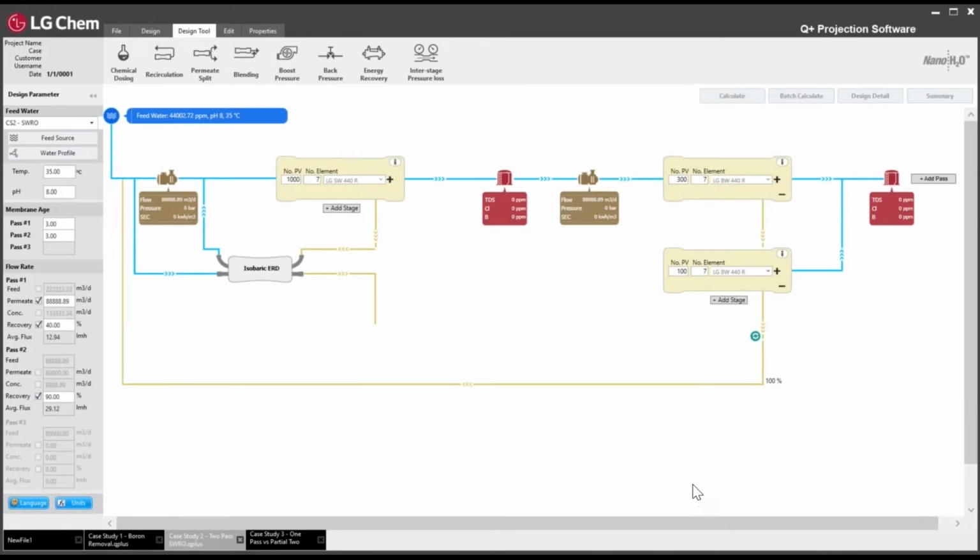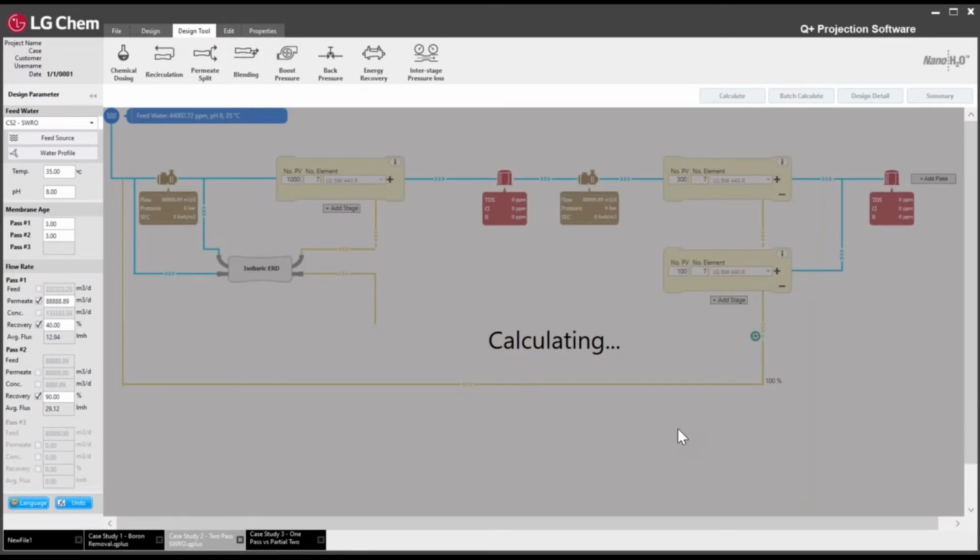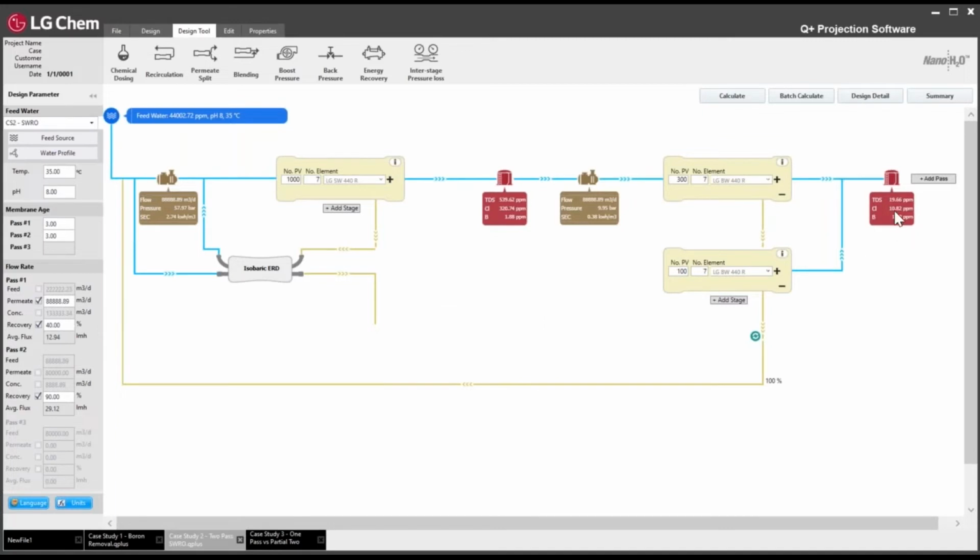So once we hit calculate, because this is a 2-pass RO system, the calculation does take a little bit longer than a single pass seawater system. So once the design is finished calculating, you can see now your permeate TDS is approximately 20 ppm, a little bit lower than 20 ppm. Our permeate target was 150 ppm and our permeate boron target was 2.4 ppm. So we do have a lot of room